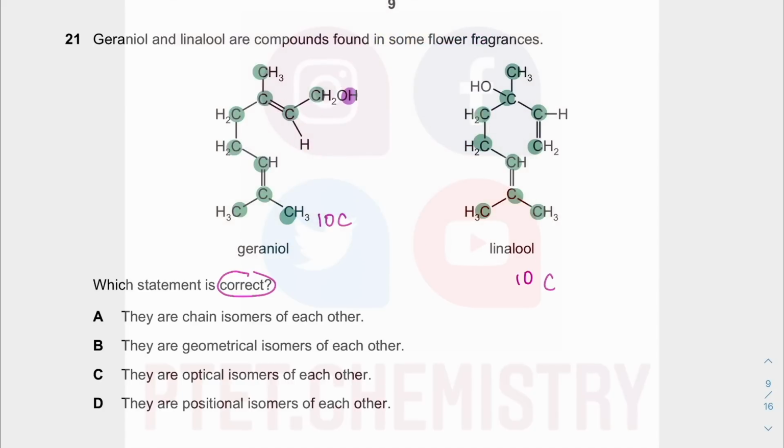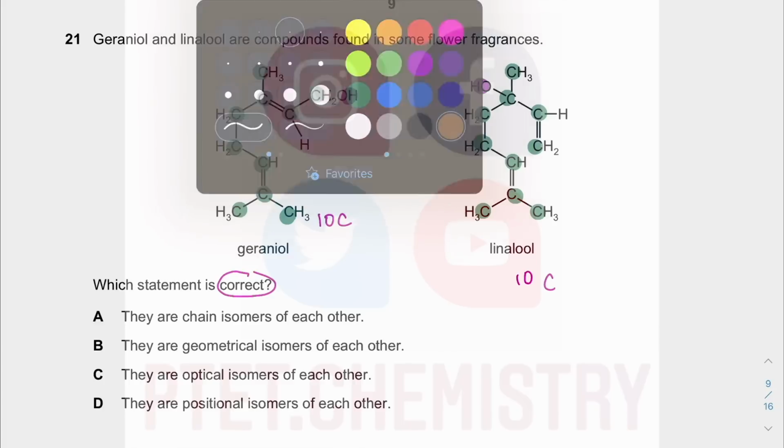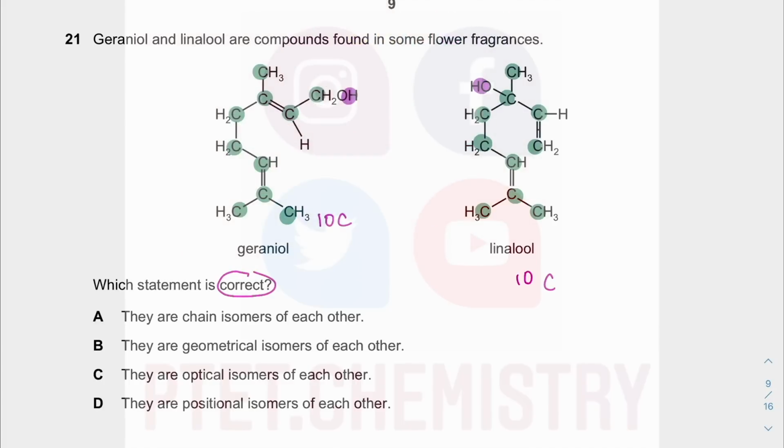There's one OH and there's one OH. There is one double bond and two double bonds. One double bond and two double bonds. So you can see that they are isomers of each other. But what is different? Your double bond,